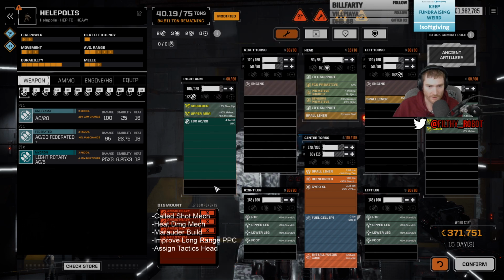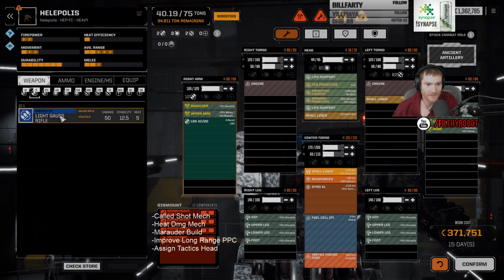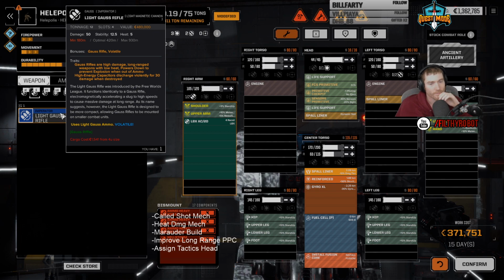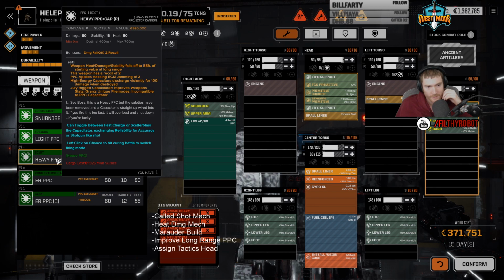What else could we fit there? Something like that. We don't have ammo for this thing yet. I don't think Gauss is the answer. We don't have Gauss weapons. I'm not against it, it's just, what do we have? That's a light Gauss too. It takes up 4 slots. Don't get any accuracy off of it either. PPCs over here end up something like...